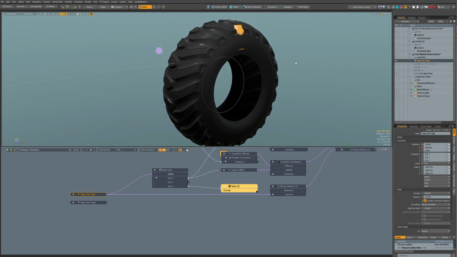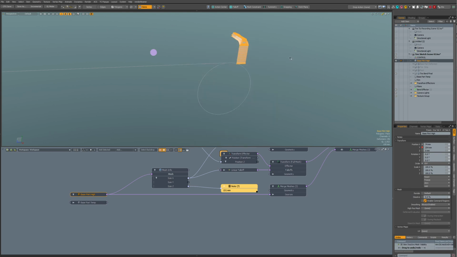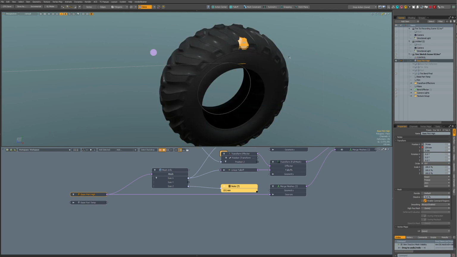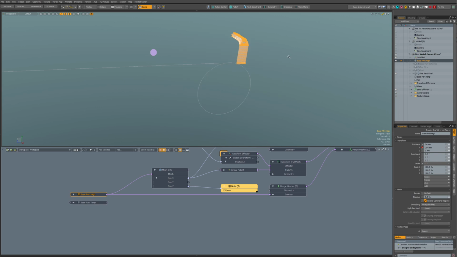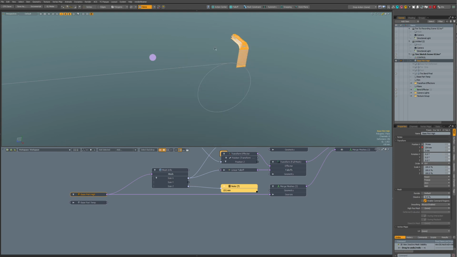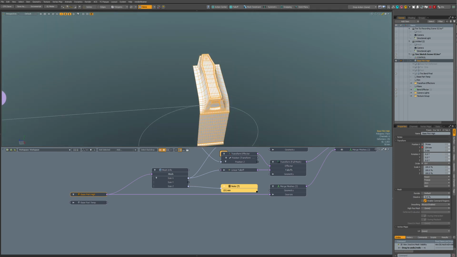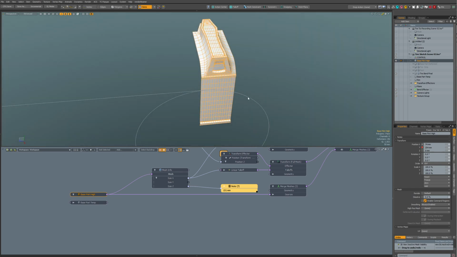Here's also a shortcut. I have H for hiding and showing items, and Control Alt 1 for isolating. I think it's very good to have it in a pie menu or shortcut because it's quite useful to quickly isolate the item you are working with.